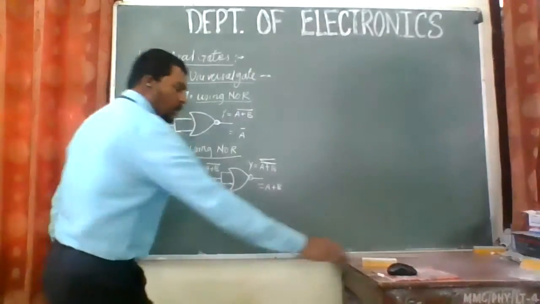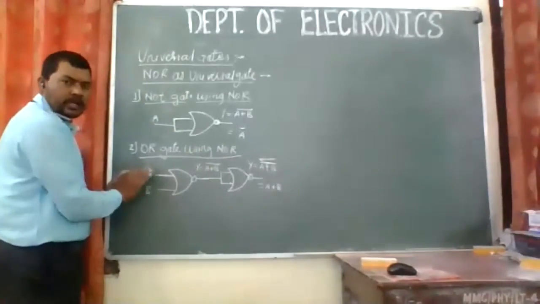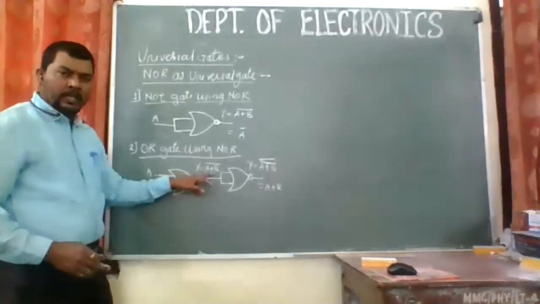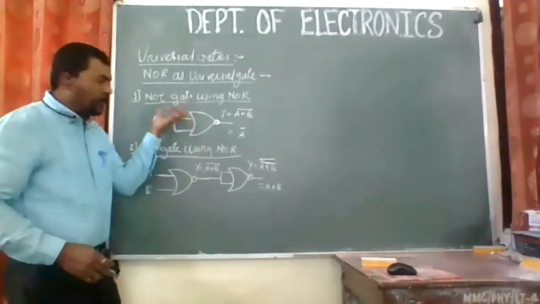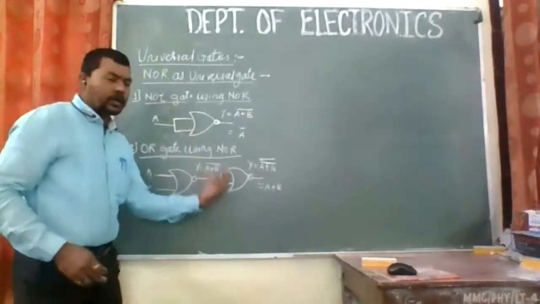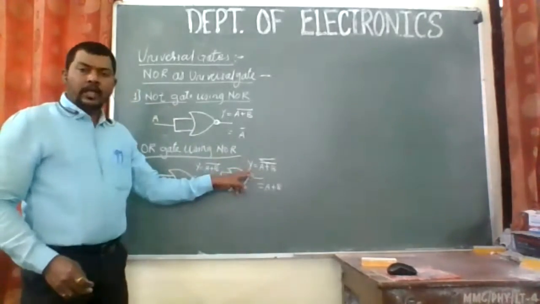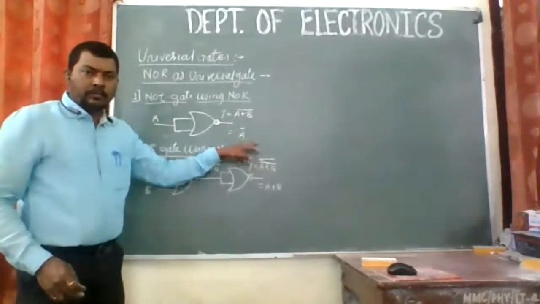So what I have done, I have used two NOR gates over there. The first NOR gate, as it is, has two inputs. The output was y equal to (A plus B) whole complement. And I put this NOT gate, which we built earlier, in front of that. So NOR plus one more NOT will give you y equal to the complement of the other complement of A plus B.